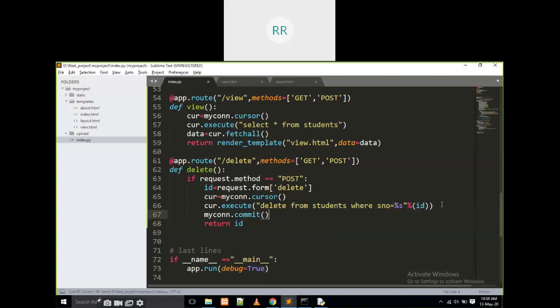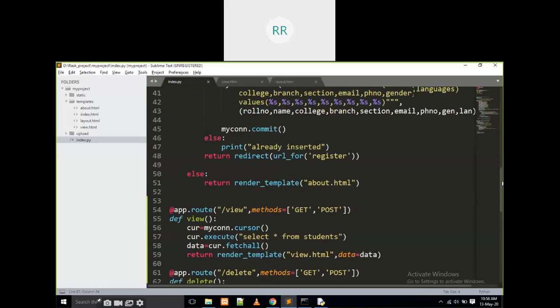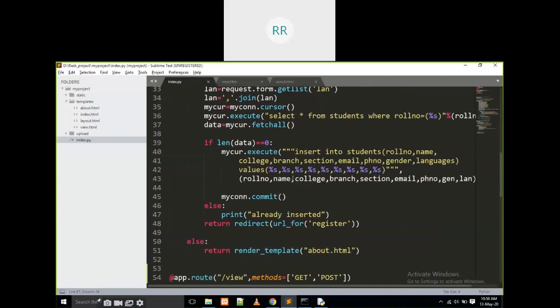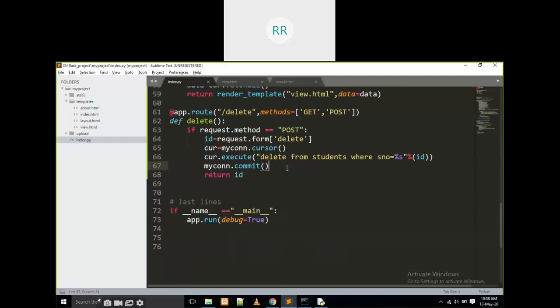If you are doing insertion, updations, deletions, you have to commit it. Why? Because you are modifying the data, right? But in the select query I am not committing. Why? Because I am taking the data from the database. I am not modifying any data, I am getting the data. That's why here I am not using it. If you observe in the registration page, I am inserting here, right? That's why I write commit here. Here we have to commit, because we are deleting that.